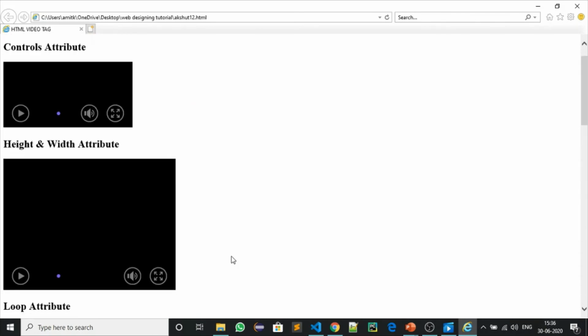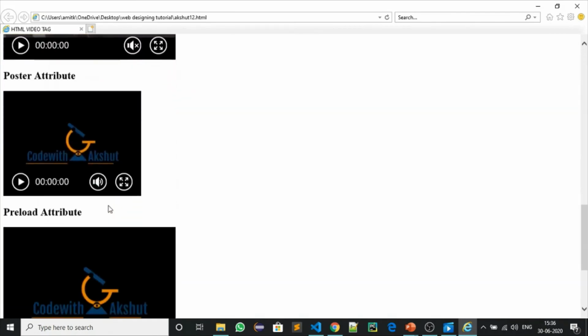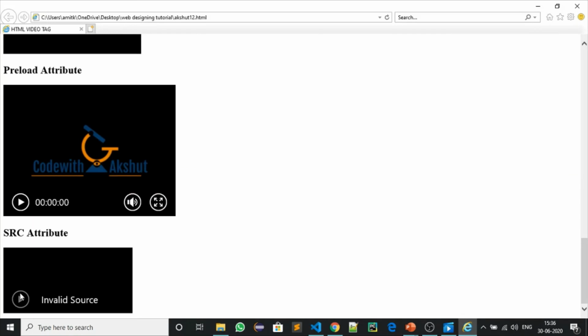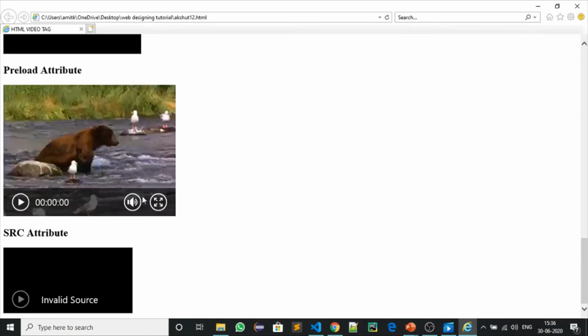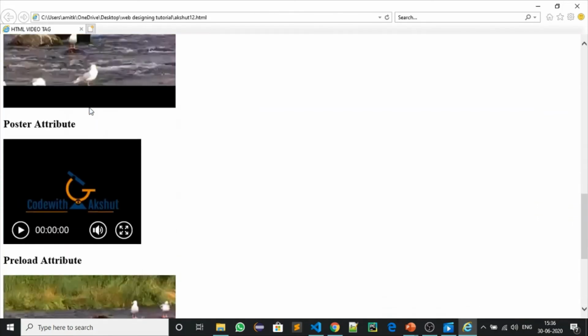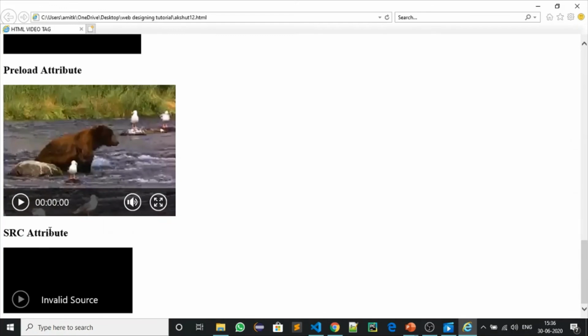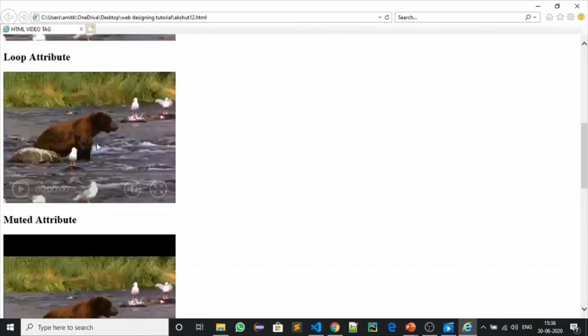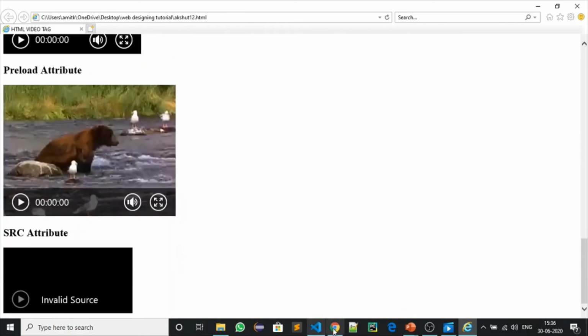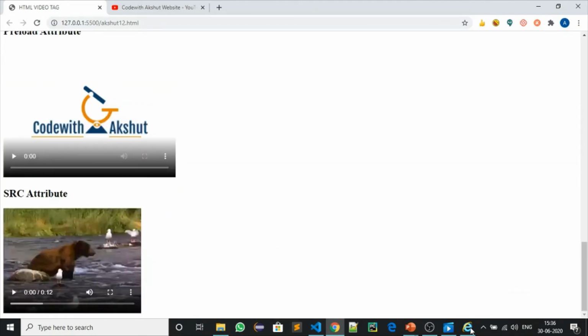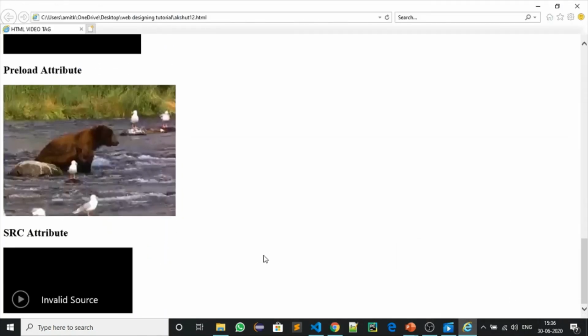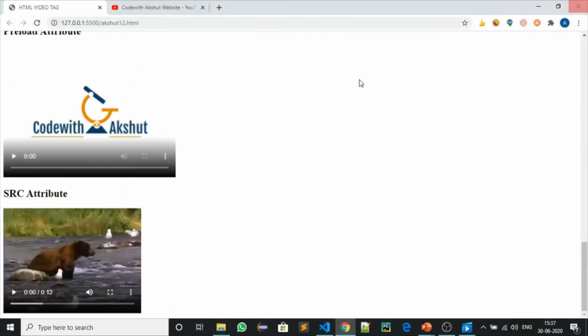Let me first check it. What is the issue with it? Here the error is with this only. It is because we have put the OGV format. If we play it, then nothing will happen. The only thing that will happen is this invalid source. We cannot play it, but these we can play because we have 3 different sources and one of them can work. If all of them work, then it will display like this. Okay, on Chrome it was displaying this, like here SRC, but here it is displaying this. So now you can get it. I think you have got it.